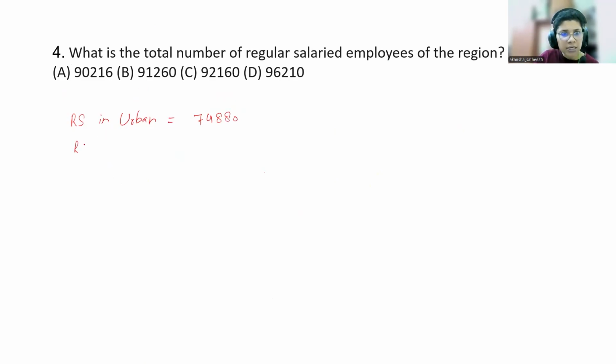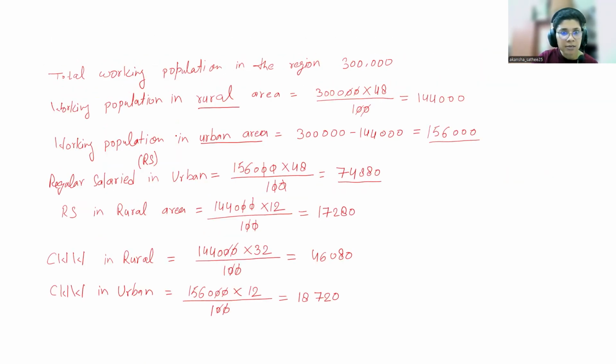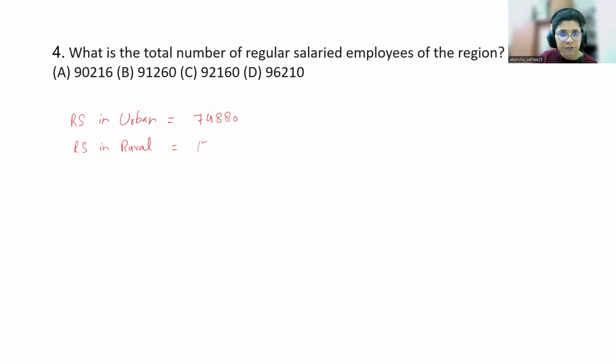Similarly, regular salaried in rural area, let's see, in rural area, how many are regular salaried? It is 17,280. So, how many total? So, you just have to add them up. Plus